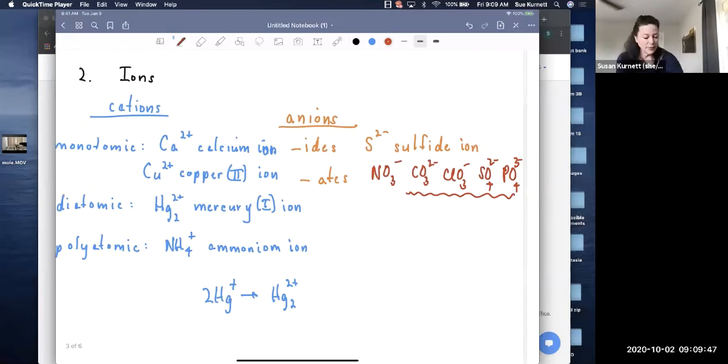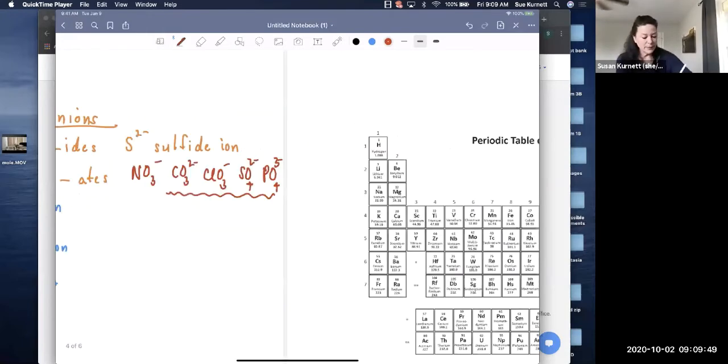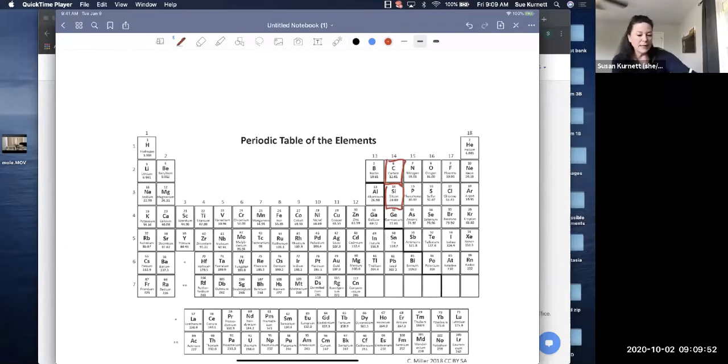So below carbon on the periodic table is silicon. And if carbonate gains 3 oxygens and 2 electrons to form a chunk that is stable, silicon gains as many oxygens and as many extra electrons. So I don't have to memorize silicate. I can just find it on the periodic table and see that it's below carbon. And so carbonate tells us silicate and germanate, phosphate tells us arsenate, sulfur tells us selenate and tellurate,